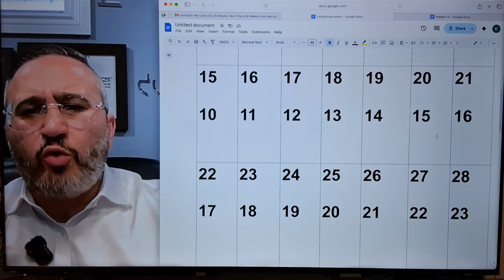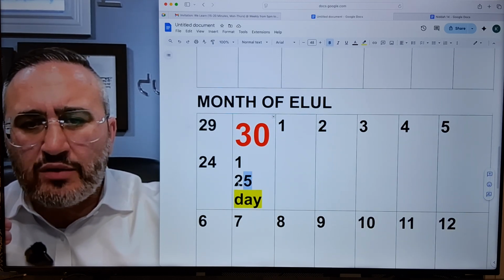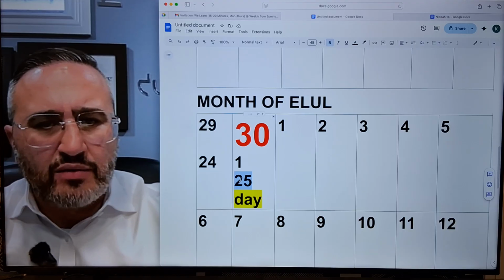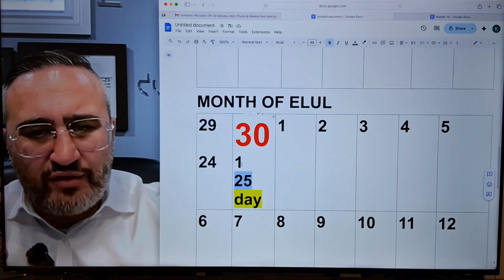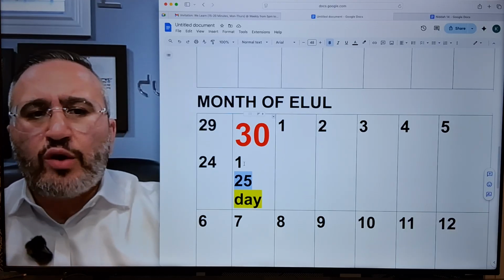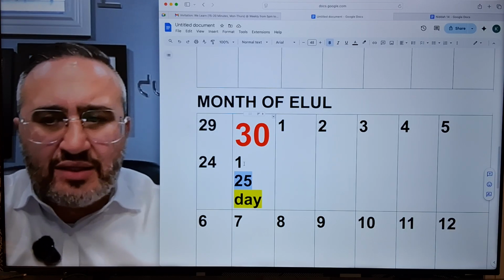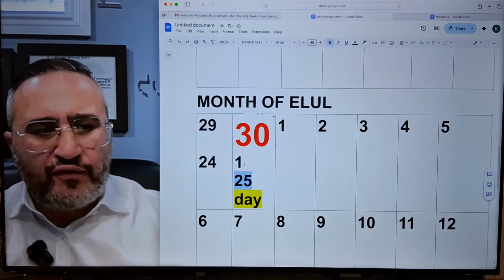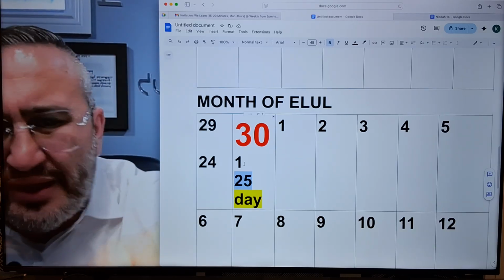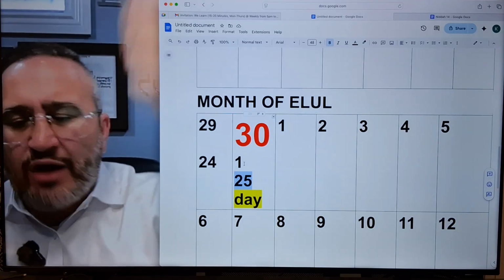But what happens if the woman saw 25 days later, right over here? She saw 25 days later, which is the 30th of the month, no problem. Beautiful. I don't have to worry for the 30th day, because there's no 30th day now, because you're going to have 5 Niddah days because you're going to be bleeding. Beautiful. Now when I start counting again from day 30, which is day number 1, to the count of 30,